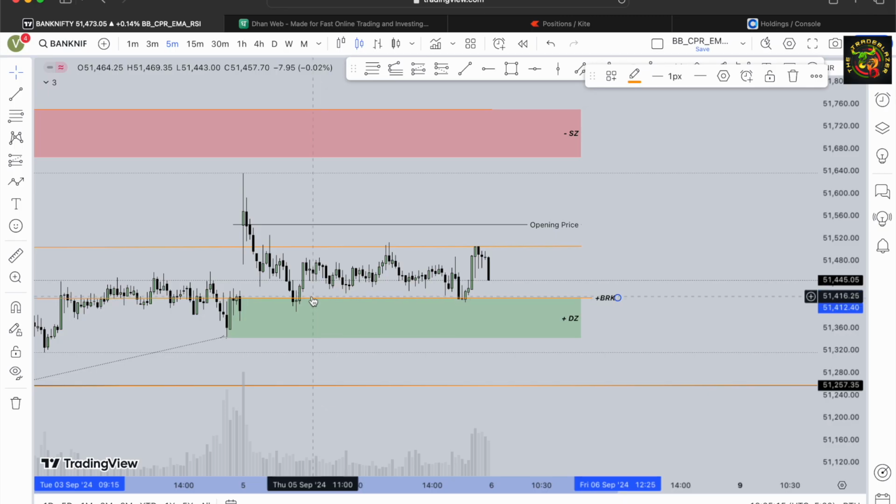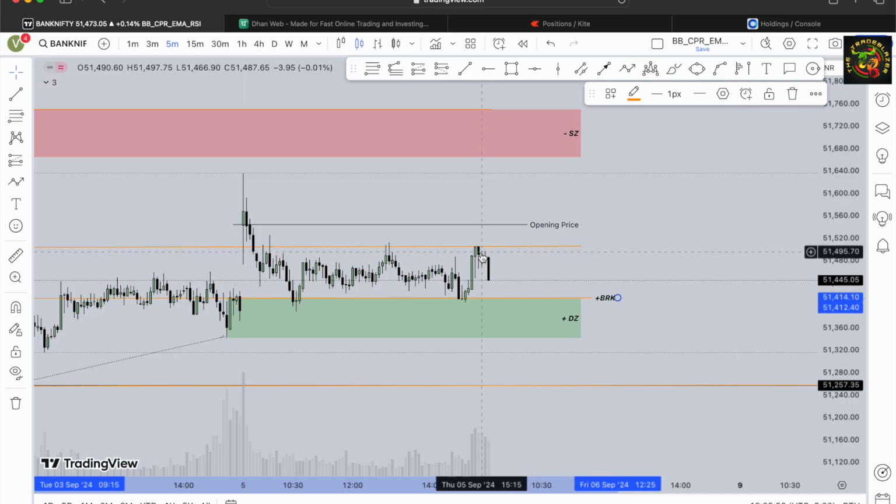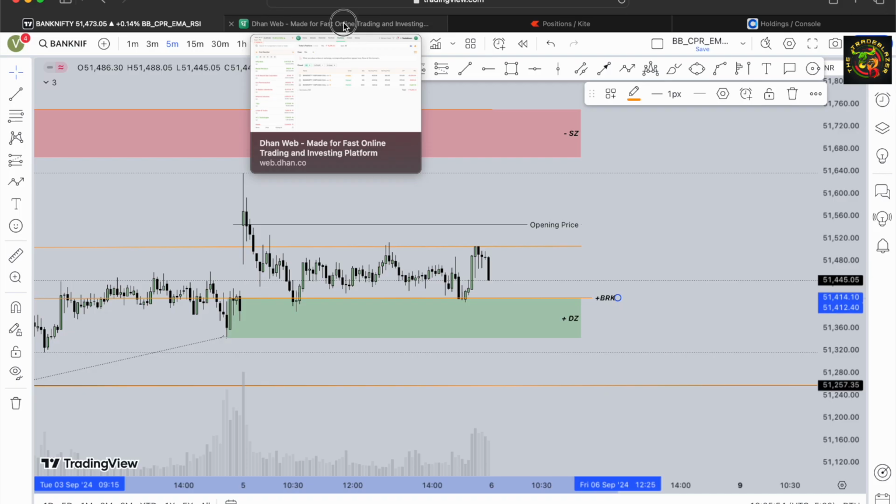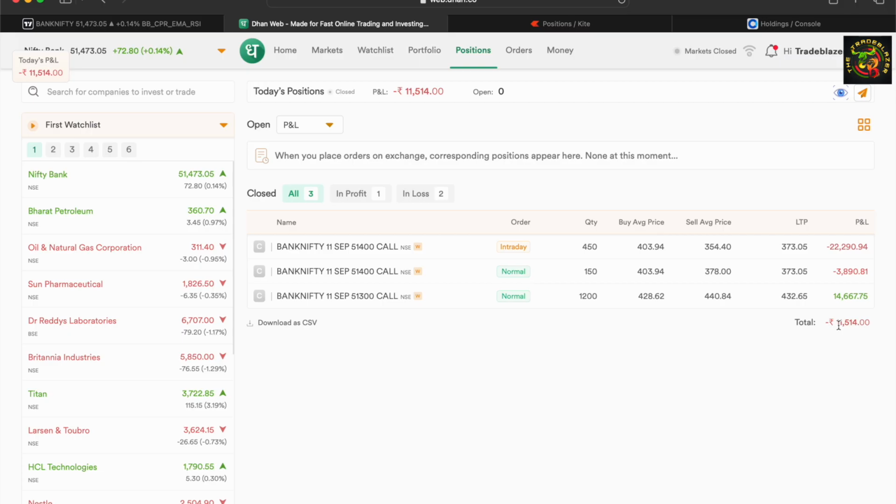After that, price went here, and I was in a very good profit of close to 30,000. But I couldn't exit, because that was just about 20 to 22 points, so I didn't want to exit there. I was expecting at least 40 points in that trade. Then price stayed more or less sideways for the rest of the day and closed somewhere here, and with that